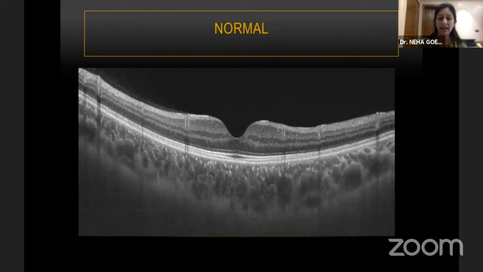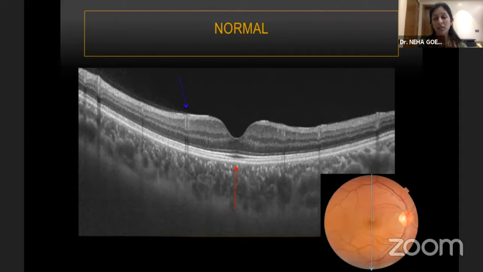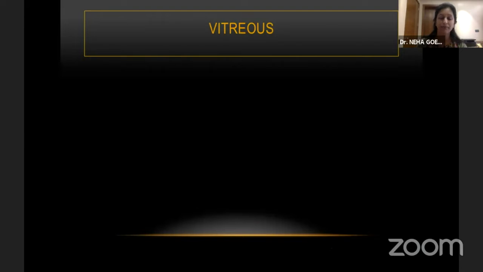This is a normal swept source OCT scan, which we are familiar with: the foveal contour, the layers, and the choroid. So be wary of this bulge that you see under the fovea. This is normal. And these structures are actually blood vessels which cause underlying shadowing. They should not be misinterpreted as abnormal structures. Whenever you look at a scan, be sure to corroborate with the fundus image and be sure to note the direction of the scan which has been taken.